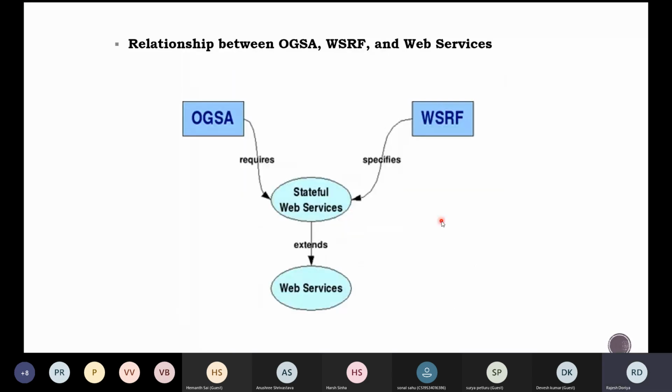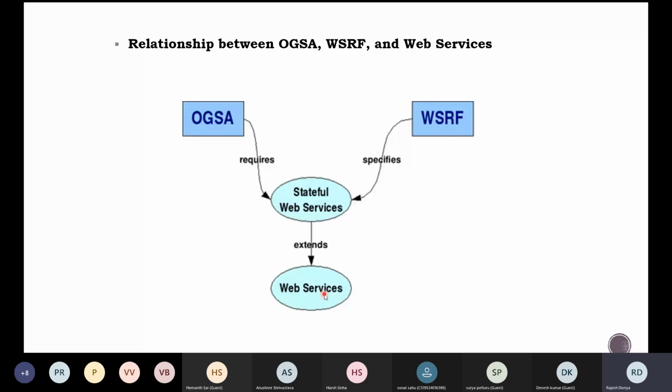Now let us see the relationship between the OGSA, WSRF, and web services. As of now, these three are very important, right? The World Wide Web has provided us the facilities of web services, and all the resources we can get with the help of these web services.